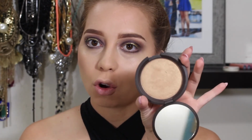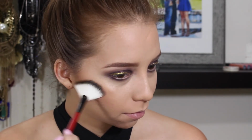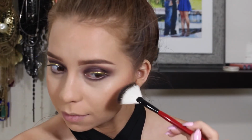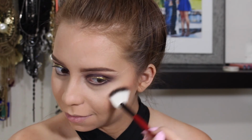Almost forgot. I'm going to be using the Becca Shimmering Skin Perfector Pressed Powder, to highlight my face. And since there's gold, I'm going to go for a more goldy kind of highlighter. And this is called Topaz, and it's just so pretty. And I'm using the Smashbox fan brush. I think it's number 22. And then I'm just going to put it on the tops of my cheeks right there, a little bit down